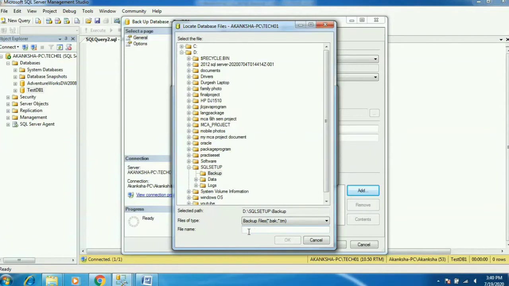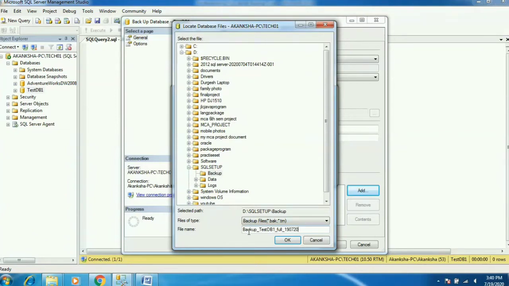For the backup file name format, you need to write it like this: backup, then underscore, the database name, then the type of backup, whether it's a full backup or maybe a log backup. Here, like backup underscore database name TechDB underscore full, then underscore date and time.